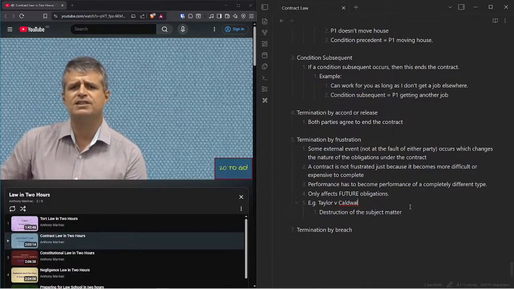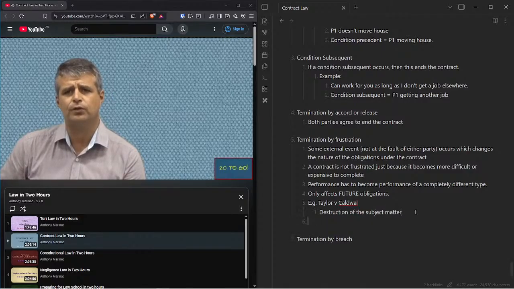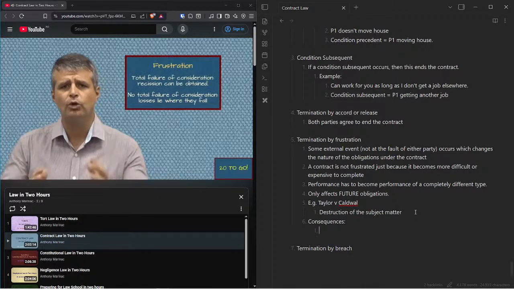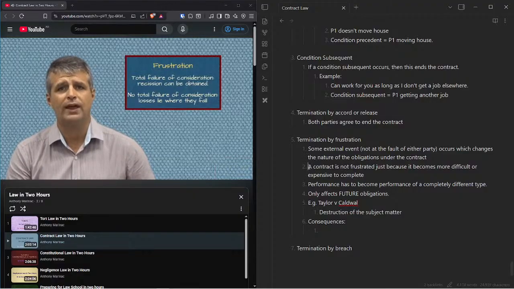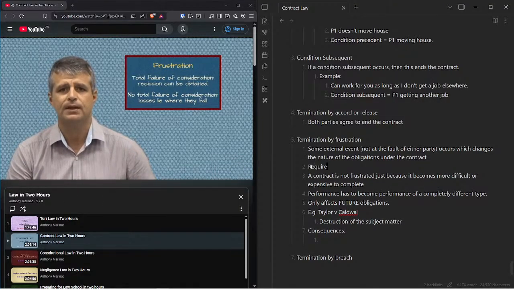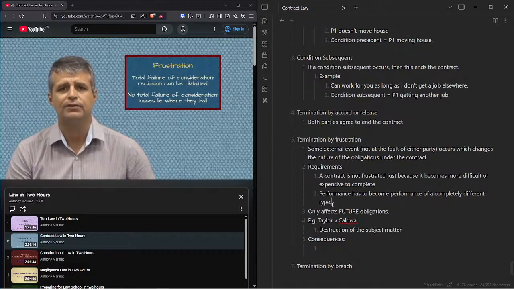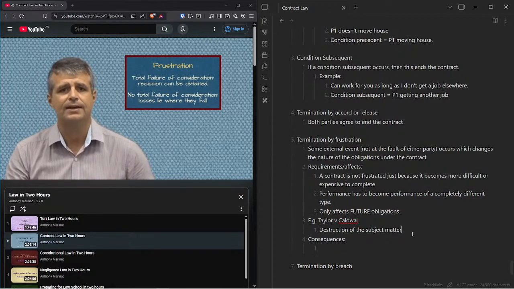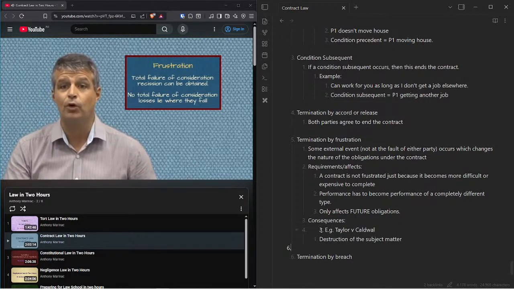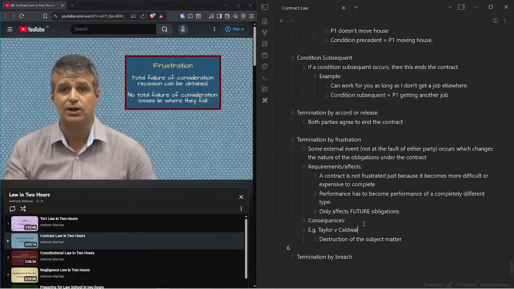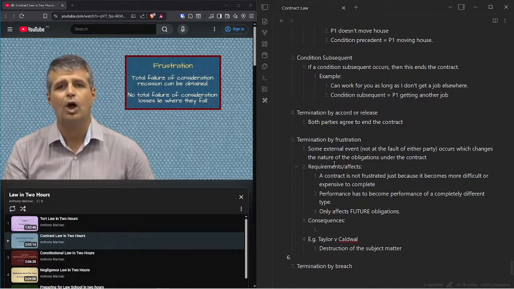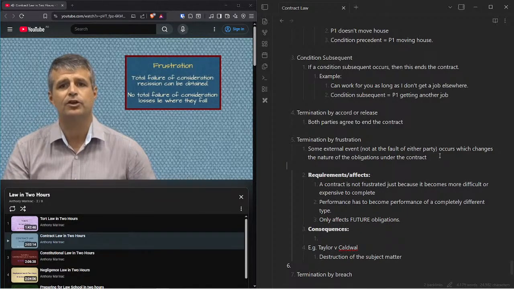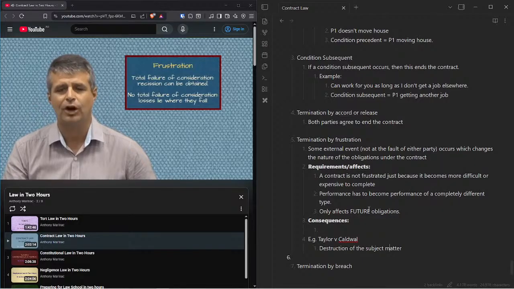The second thing to ask is what the consequences are if a contract is frustrated. Now, it all depends on whether there has been what we call a total failure of consideration. In other words, has either side given consideration for something and got absolutely nothing back in return? In that case, they may be able to recover their consideration. However, if there has been some form of consideration in return, any sort of consideration at all, then the losses will lie where they fall. The parties just walk away from the contract in whatever circumstances they happen to be in at the time of the frustrating event.